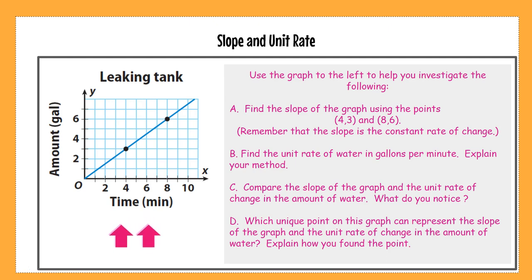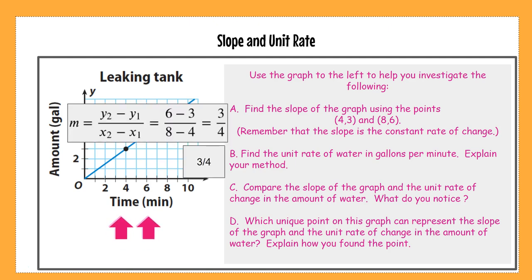All right, welcome back. Let's look at this together. 6 minus 3 is my change in y's, and 8 minus 4 is my change in x's. 6 minus 3 is 3, 8 minus 4 is 4, so my slope is 3/4. Well, the unit rate, remember, here's the point (4, 3), so if I divide that, 3 out of 4, how much does it change every hour? It loses 3/4 of a gallon every hour. You guessed it. They match, which is what I want them to do.